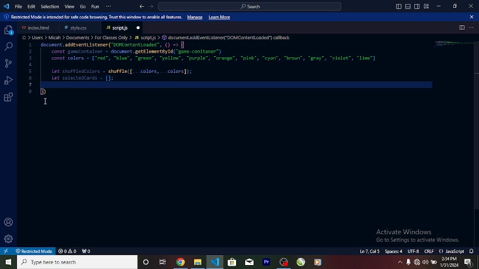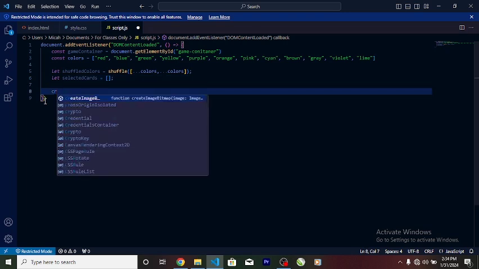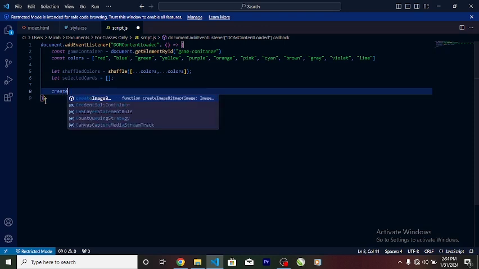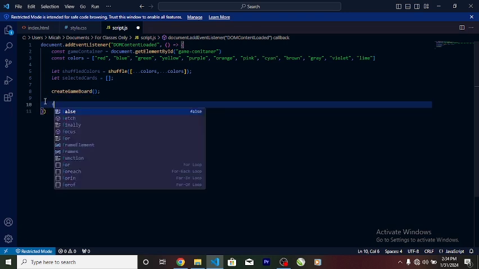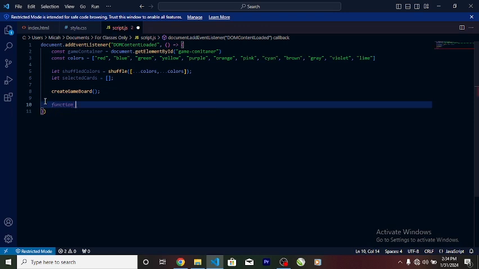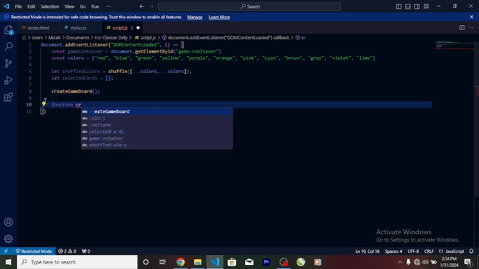And now I'm gonna call in a function createGameBoard, and now we're gonna create that function. I'm gonna say function createGameBoard,